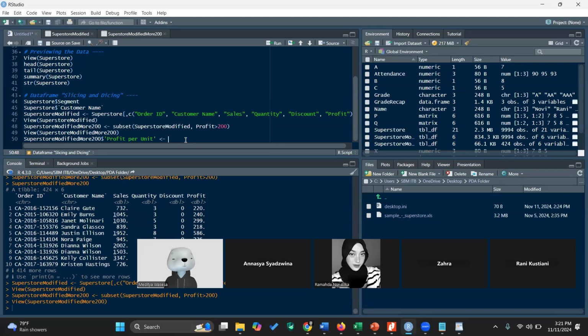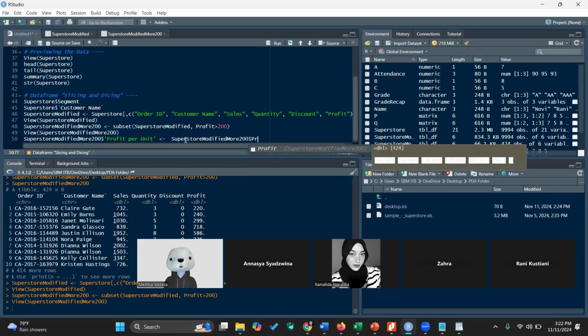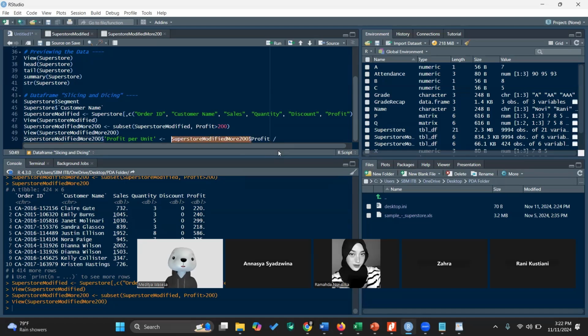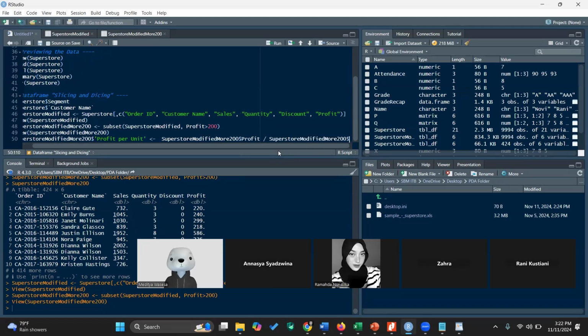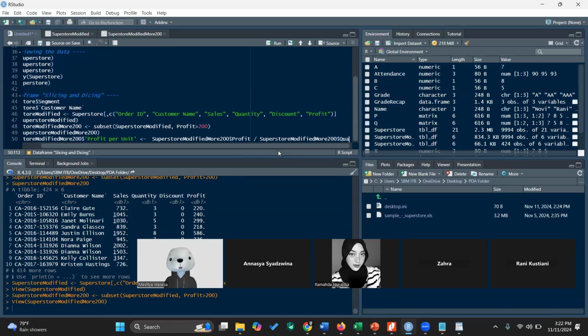Let's say profit per unit equal superstore modified more 200 dollar profit divided by superstore modified more 200 dollar quantity.